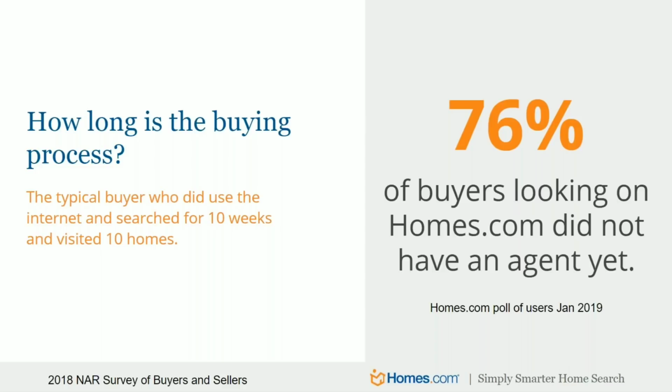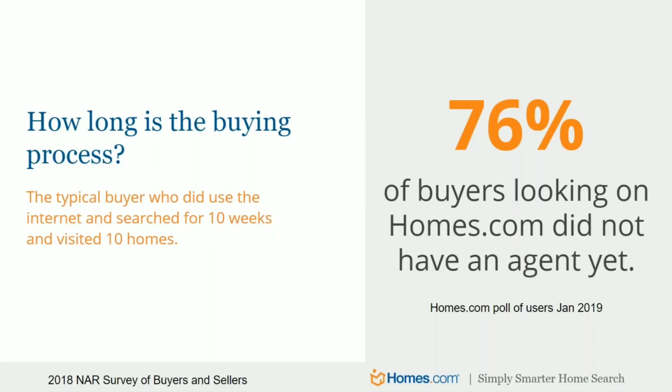In the very beginning stages they might just be casually looking. As they see a property they like, they connect with an agent. They look at the house the first time. They might say, you know what, let's take a look around for a little bit more. Maybe the property that they like gets purchased by somebody else, and they might take a step back for a little bit. But that's your average. What we're looking at there is 10 homes in 10 weeks.